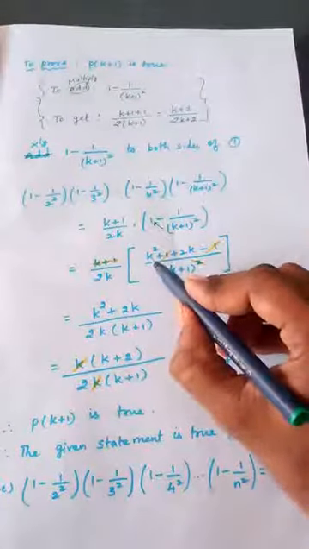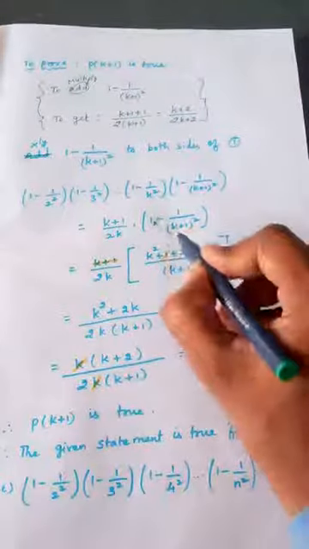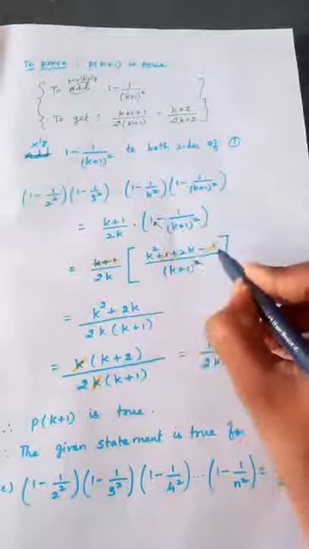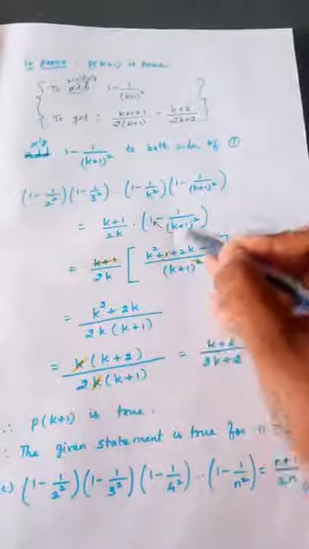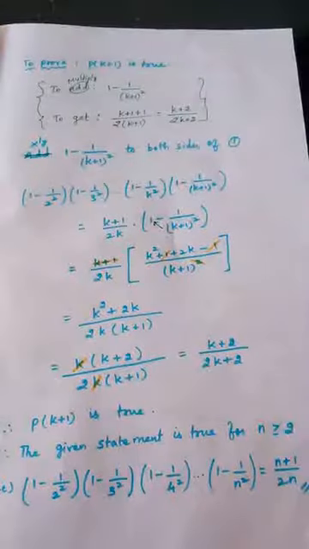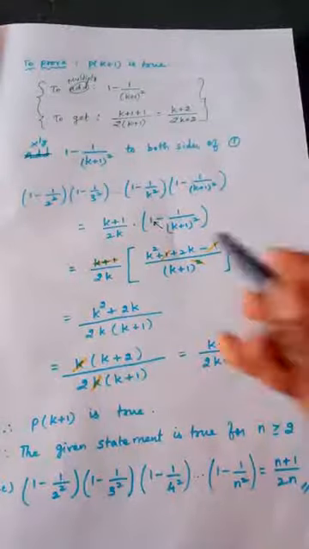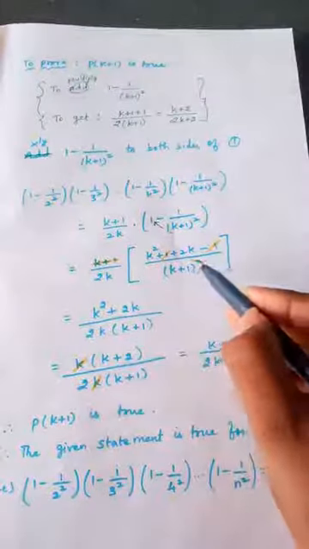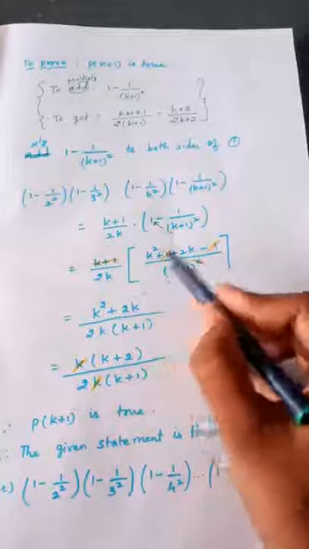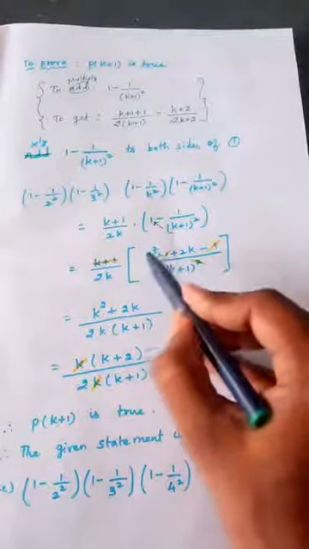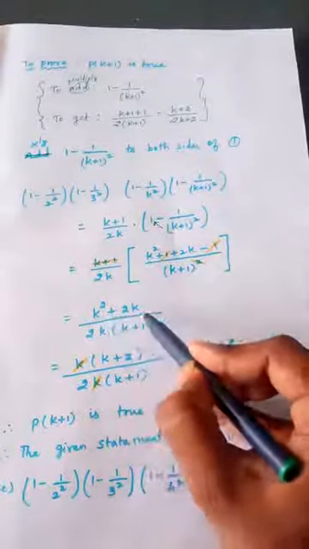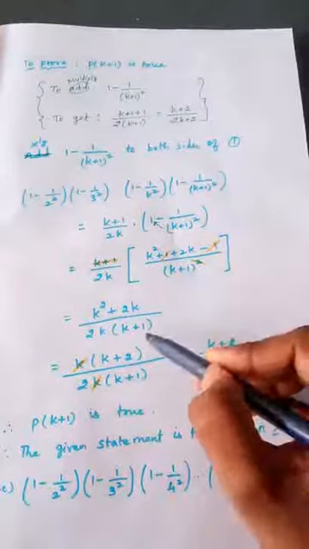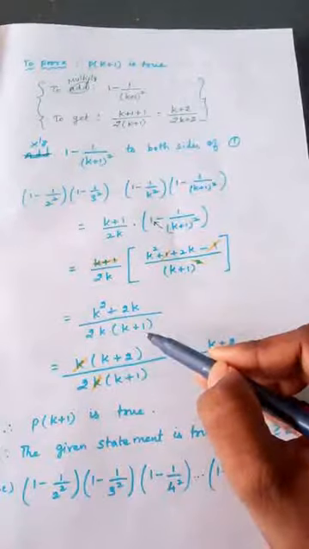So it becomes a square plus b square plus 2ab. While computing this, I am applying the formula, and then minus 1 whole divided by k plus 1 whole square. Hope you will understand by just cross multiplying. Plus 1 minus 1 gets cancelled. K plus 1 and 1 into k plus 1 gets cancelled. So in the numerator, if you see, only k square plus 2k is present. In the denominator, 2k is there. Here 1 into k plus 1 is available. Hope you will understand this.